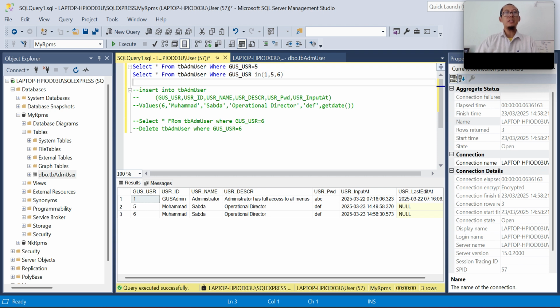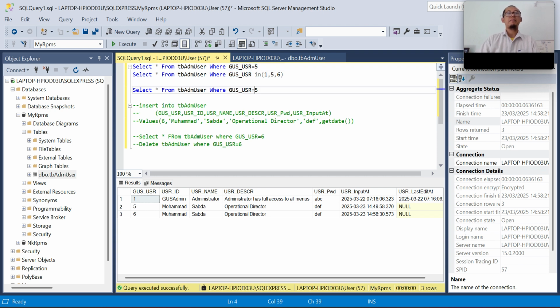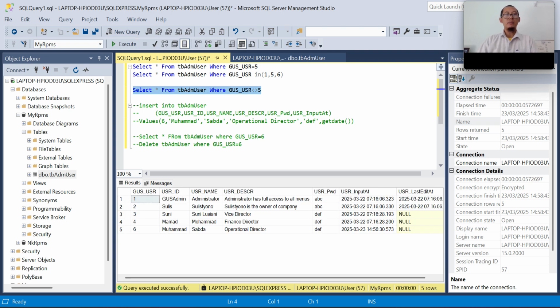What if I want to display data except USR equals 5? We use this sign, and let's see. All data will be displayed except USR 5.